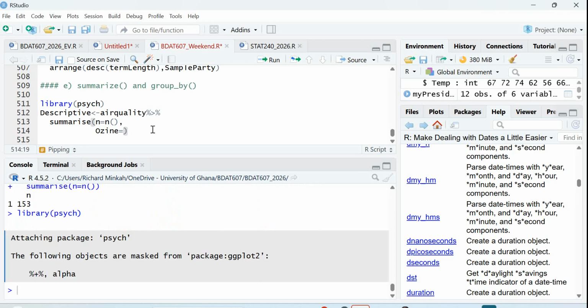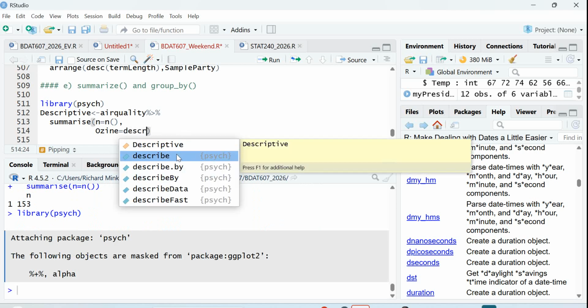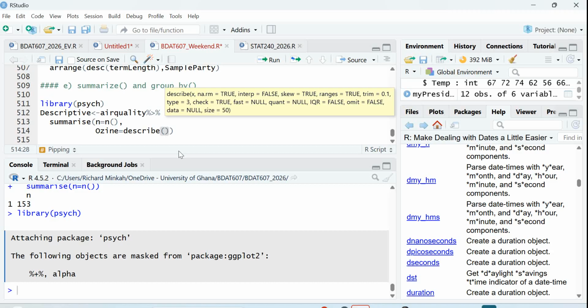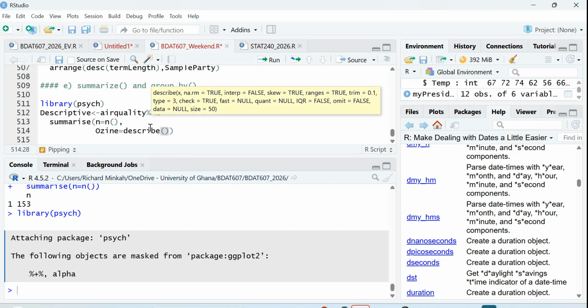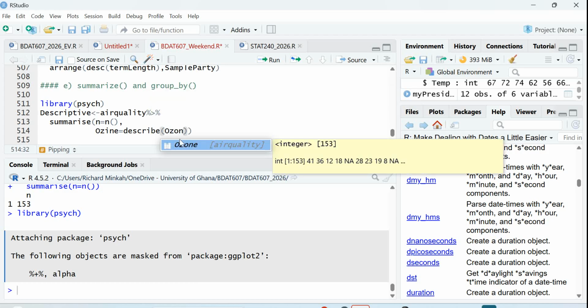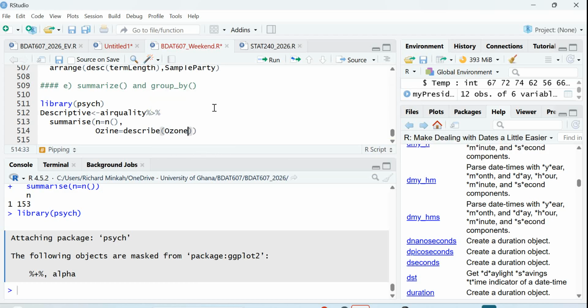Then it means I can call describe on ozone. Yeah, ozone. Okay. All right. So yeah. So this is okay. Then maybe just to show you that we can have some others, like